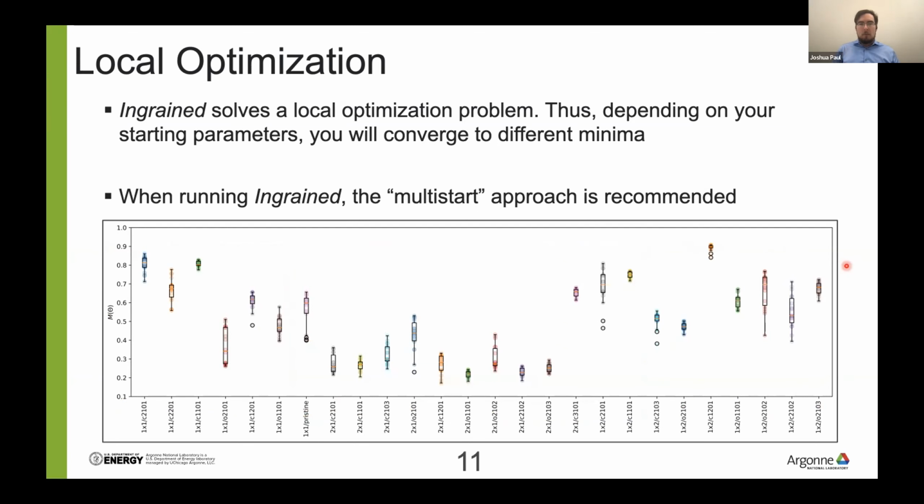Here is a box and whisker plot for another system that I performed. On the x-axis are various structures. On the y-axis is the figure of merit. Lower score is better because that indicates less mismatch between the experimental and theoretical images. And you can see that there are some cases where you have a fairly wide spread of scores and some cases where you have a fairly narrow